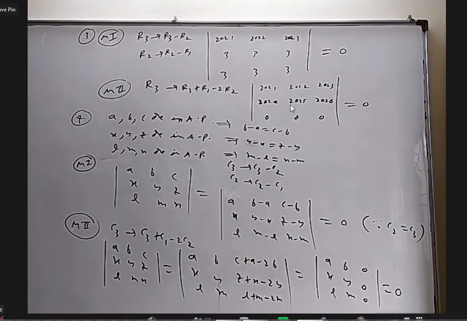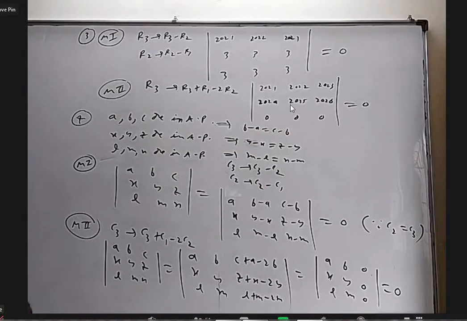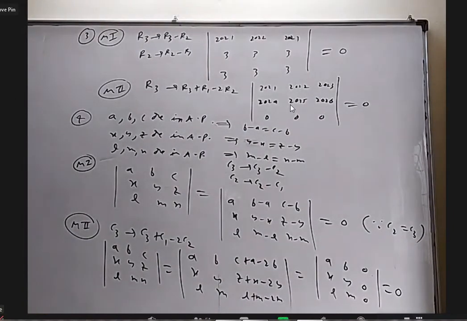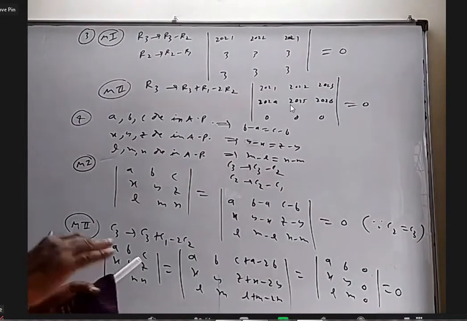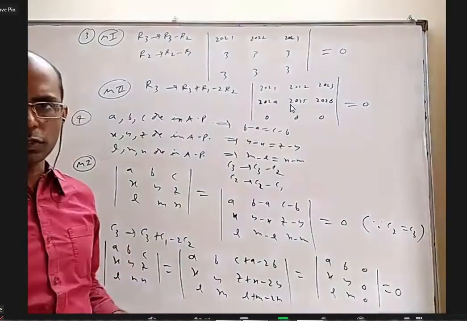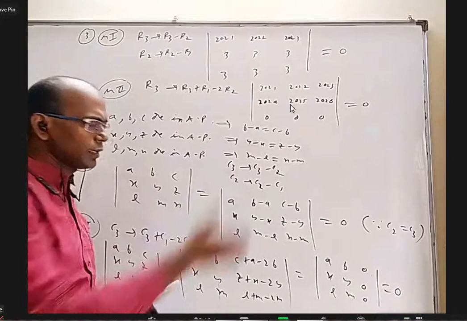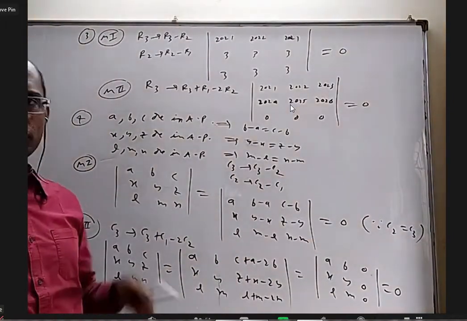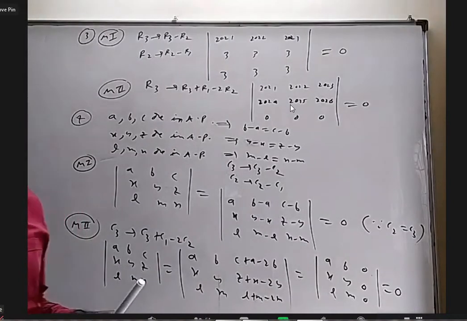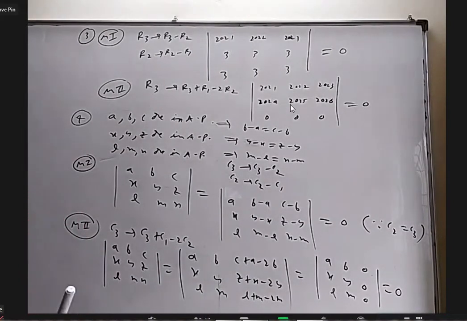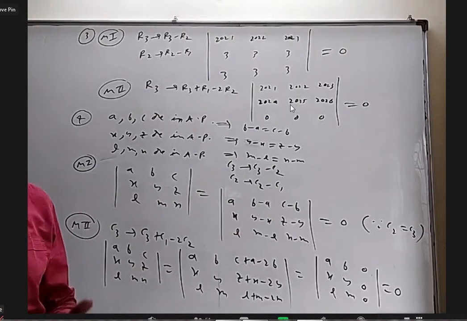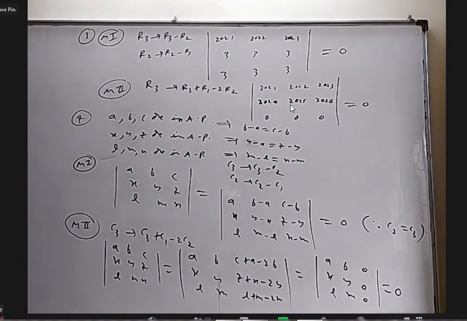The value of the determinant will be 0 only when rows are in AP, or is it applicable for the columns to be in AP as well? Only each row separately in AP, that is 0. Or each column separately in AP, that is 0. It is not necessary that both should be there. Anything true for rows is also always true for columns, because if the columns are in AP, you transpose it, then the rows are in AP. Yes, sir.